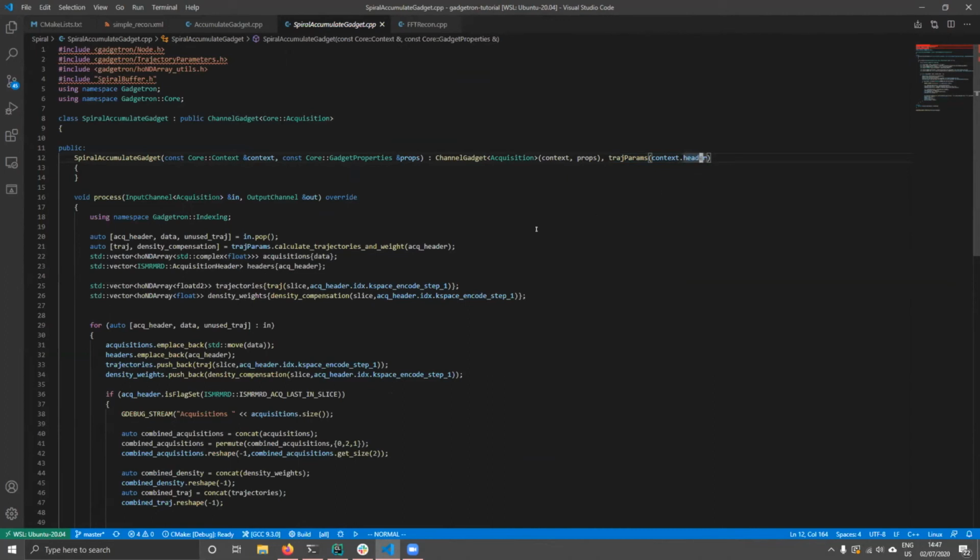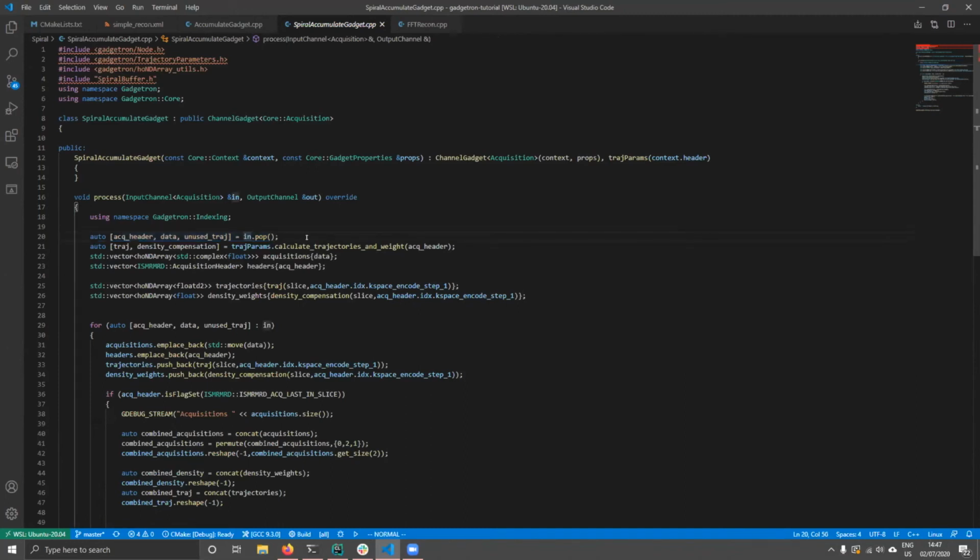It needs a single acquisition header, so it knows how many points are in our spirals, because that is not defined in the MRD global header. So that means we want to grab just a single header, a single acquisition,